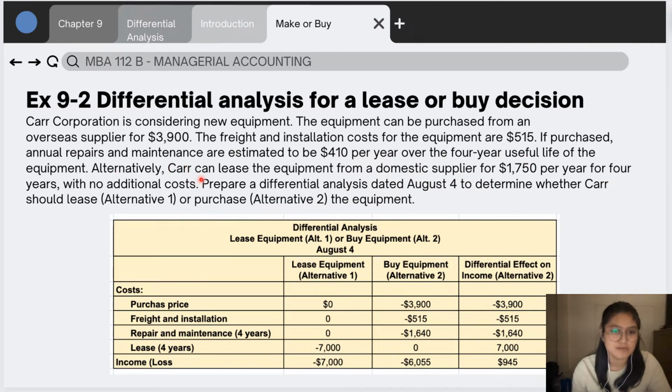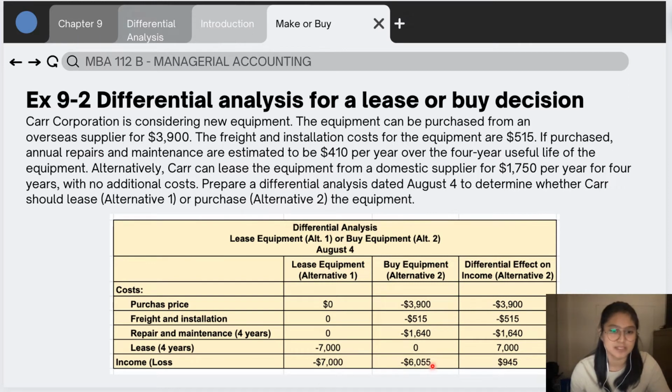Alternatively, Carr can lease the equipment from a domestic supplier for $1,750 for 4 years with no additional costs. So in this table, we identified alternative 1, lease equipment, and alternative 2 is buy the equipment. For buying the equipment, the variables mentioned earlier were $3,900 for the purchase price, $515 for freight and installation costs, and repair and maintenance would be $410 times 4 years, so that's $1,640,